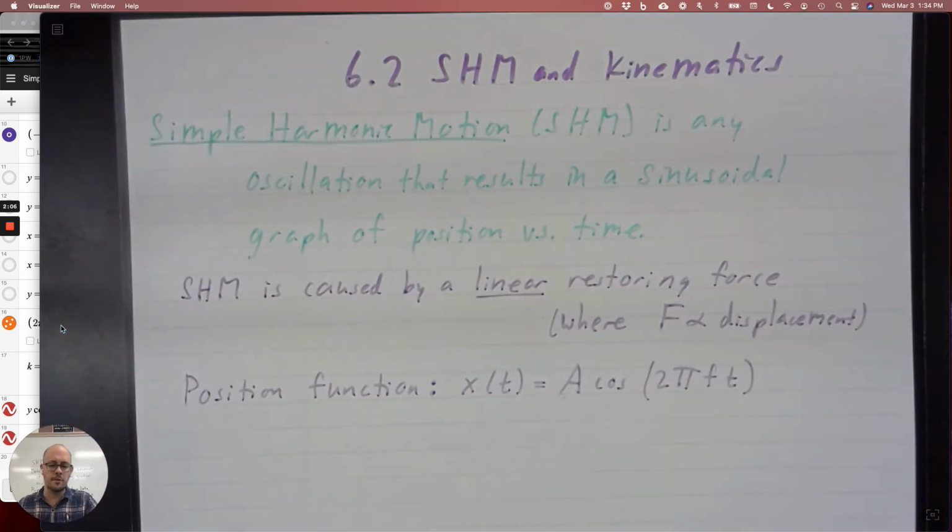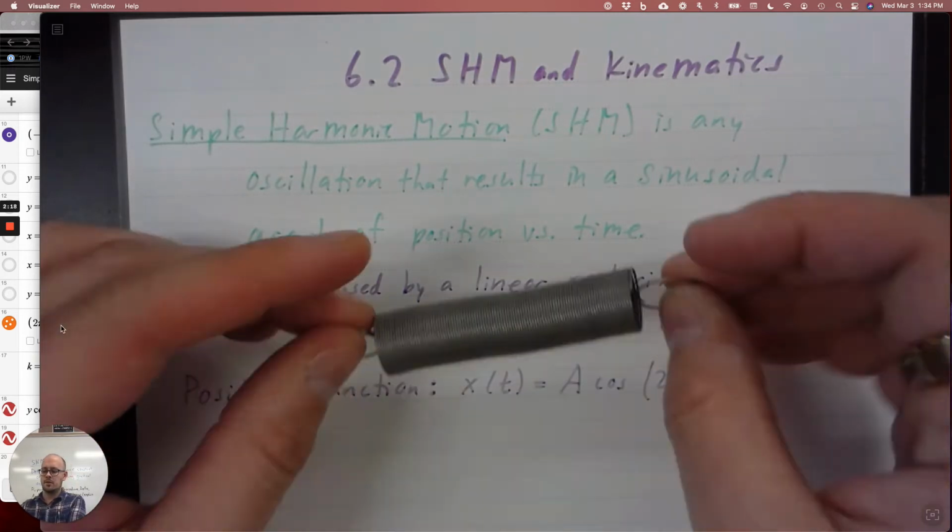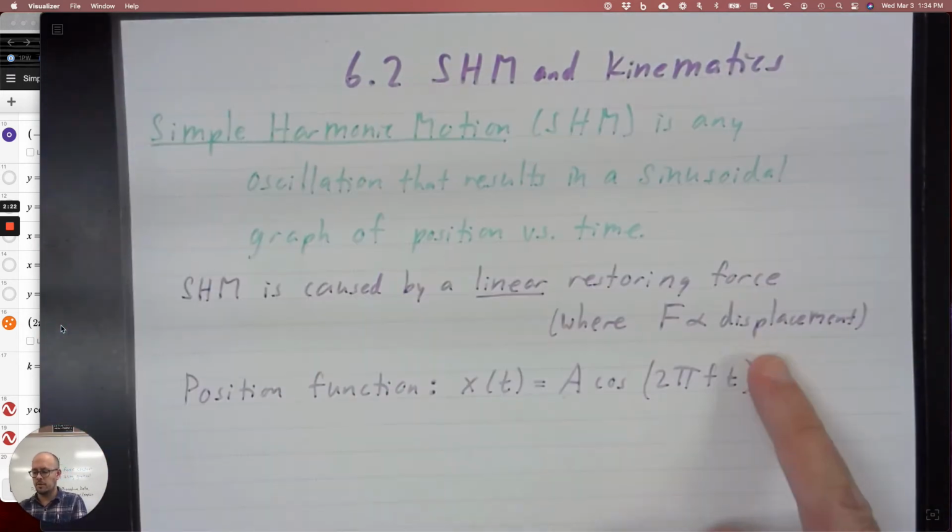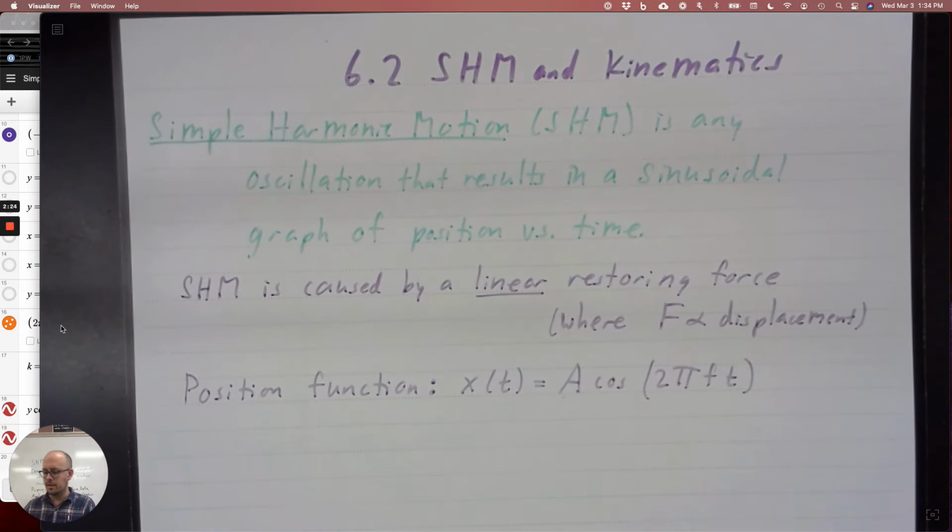So not every oscillator has a linear restoring force. The same thing works with pendulums, although it's a little bit trickier. But for springs, it's pretty cut and dry. As you stretch a spring, the force goes up linearly with the displacement of one end of the spring, or the stretch. And so that's what makes simple harmonic motion. We study specifically